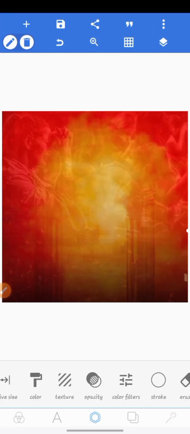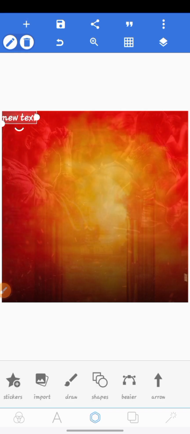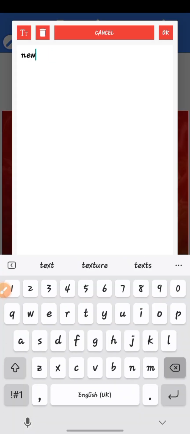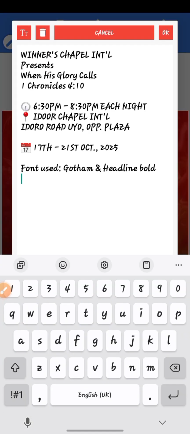Right. So now I'm going to write the theme. We're going to start with the theme of the church flyer first. So click on the plus sign, click on text, move the text box to the middle, double click on the text box. It's going to open. So I'll just paste that and take out the whole of this